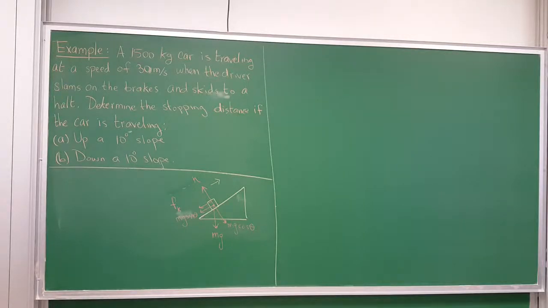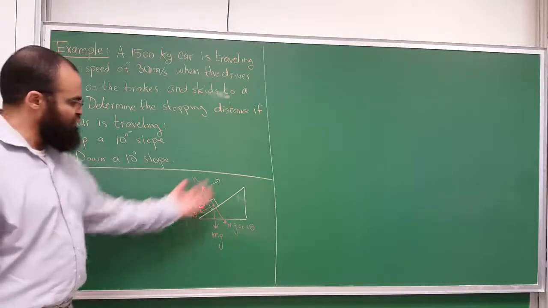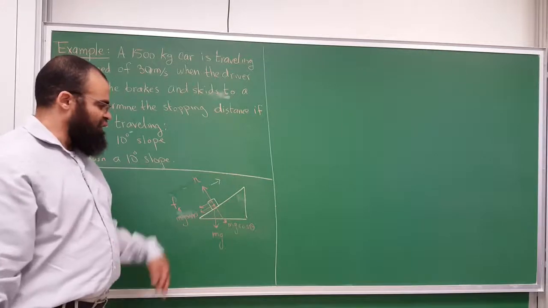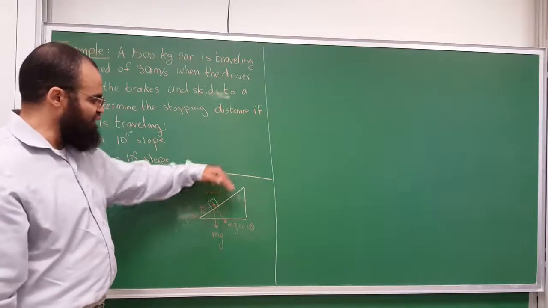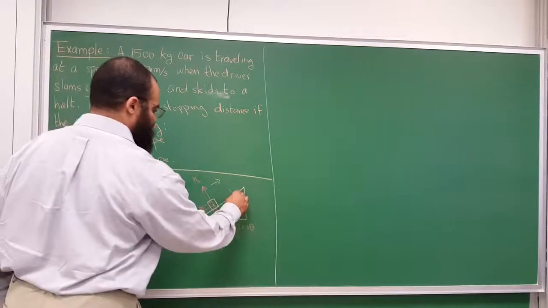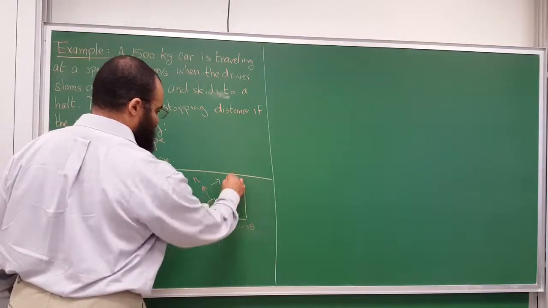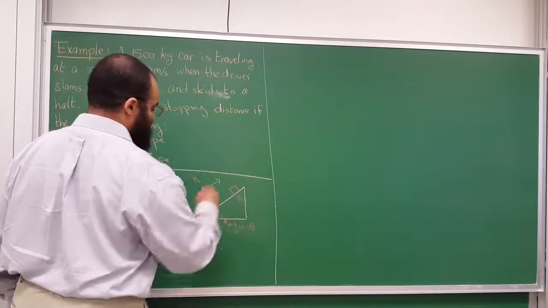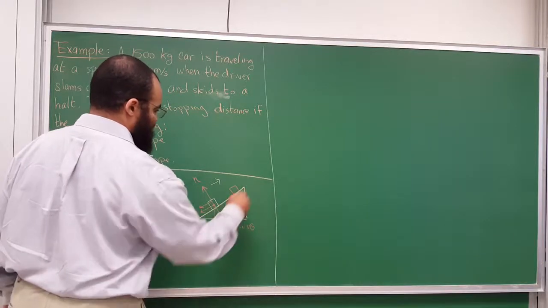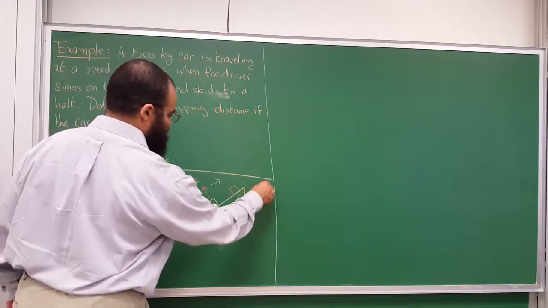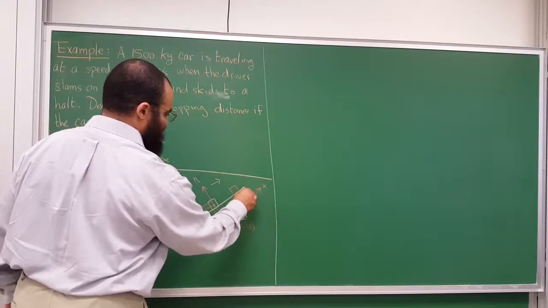Is there anything else? The answer is no, because there is no force pushing the car upward. The car just has some speed, and eventually it will come to rest somewhere here. This will be x initial, that's 0. X final is some distance. And as usual, we'll take this to be the x direction and the perpendicular to the incline to be